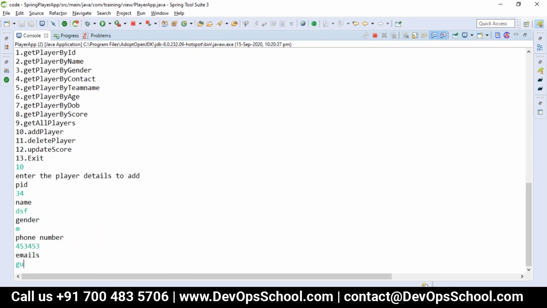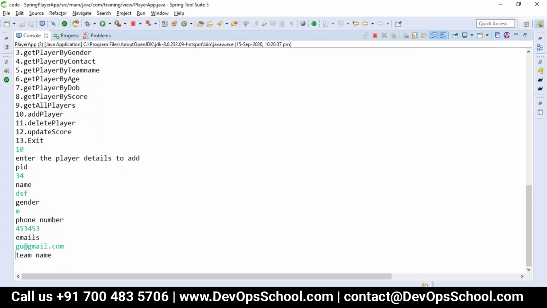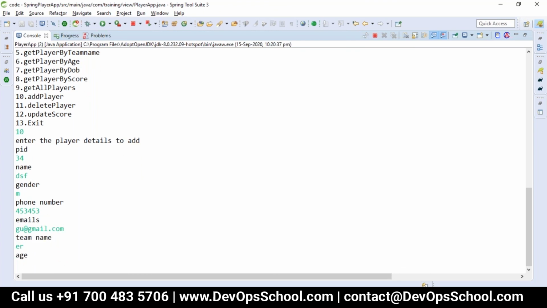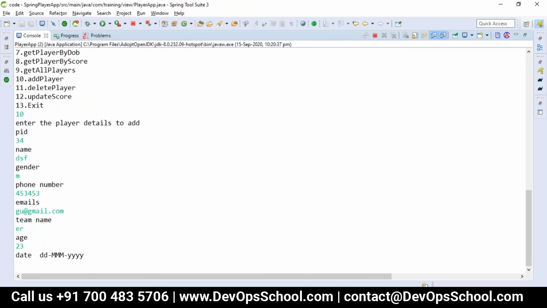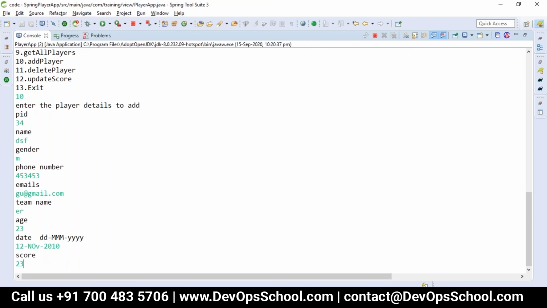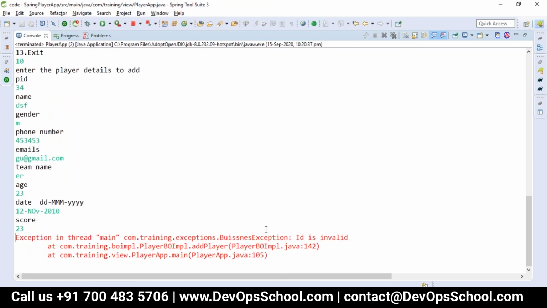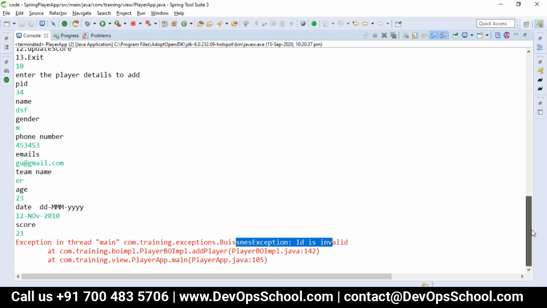Oh, I guess I have all the constraints to take care of. Okay, ID is invalid. Our condition is failing here.